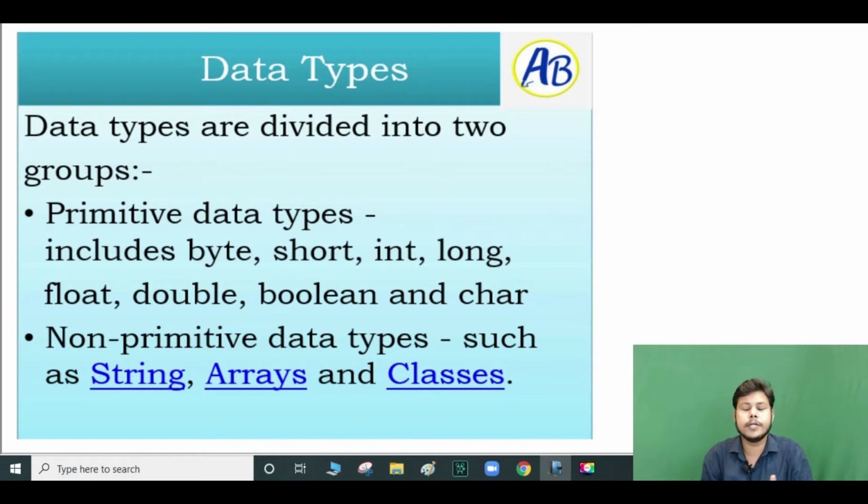When you have to relocate or manipulate data somewhere, only then do we use the non-primitive data types. What you have to remember is that primitive data types are already defined in Java, but non-primitive data types are generated by the programmer. Except for String, which you should remember is also generated by the programmer. For an array, we define the length, and how long it will be depends on the user. Classes are defined by the user or programmer. These are the non-primitive data types.